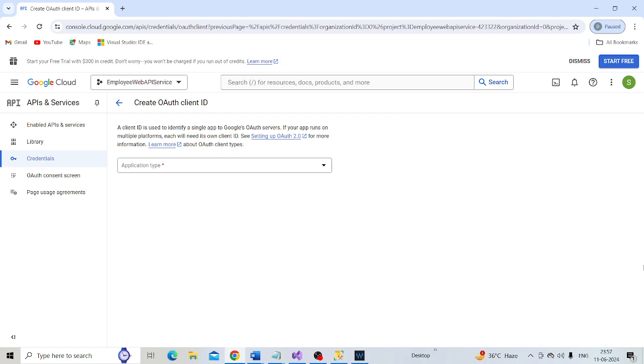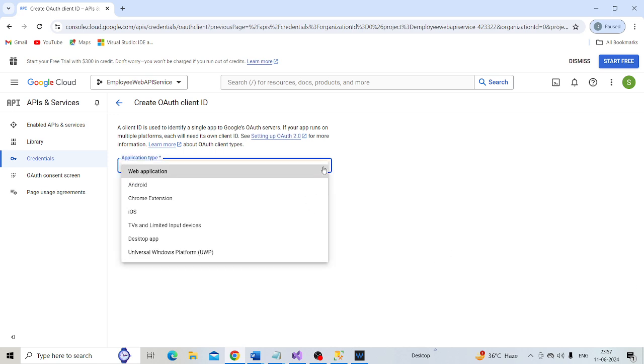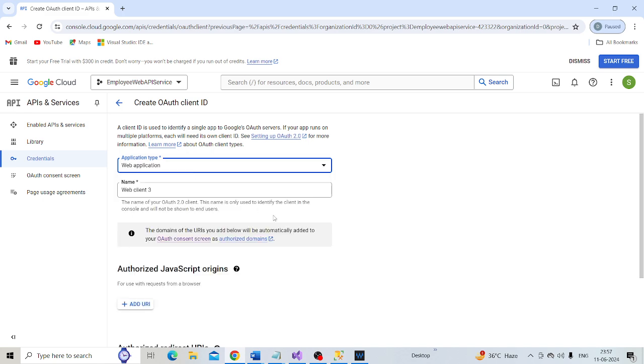From the list, our application type is web application, so click on this. Keep your application name as web application.